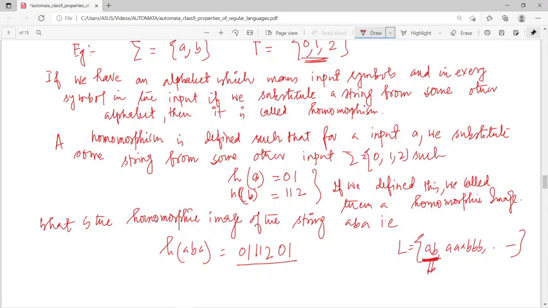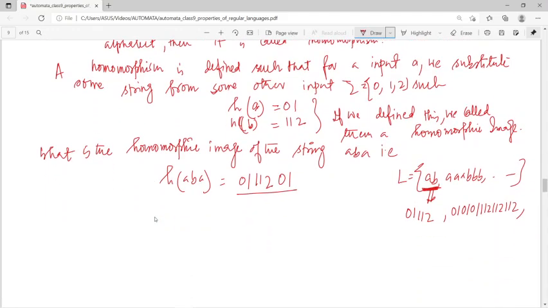নিই এবং তার হোমোমরফিক এটা বার করি, তার মানে এর উপর যদি এটা আমাকে দিয়ে দিয়েছে, এটার উপর যদি এটা চালায়, তার মানে A B মানে 01 112, A A A B B B মানে হচ্ছে লাইক এ 01 01 01, B মানে 112 112 112। এই যে প্রত্যেকটা স্ট্রিং আমি নিচ্ছি এবং তার উপর হোমোমরফিজমটা চালিয়ে তাহলে কি করতে পারছি, আমি একটা ল্যাঙ্গুয়েজ পাবো, দ্যাট ইজ কল্ড হোমোমরফিক ল্যাঙ্গুয়েজ।